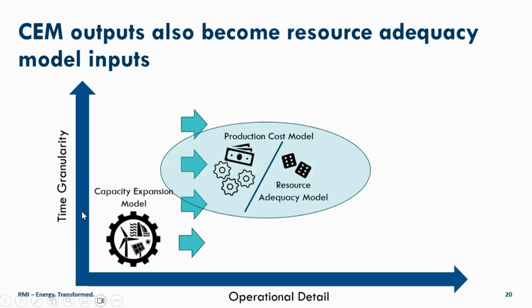Outputs from the capacity expansion model are also inputs to the resource adequacy model. The reason why we group these two together is because these models are really similar under the